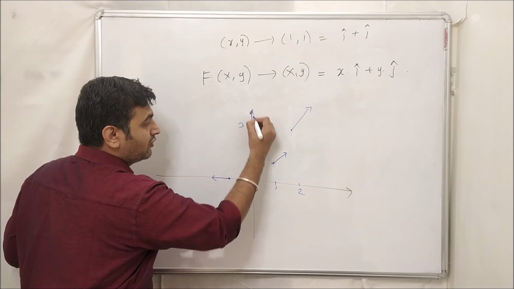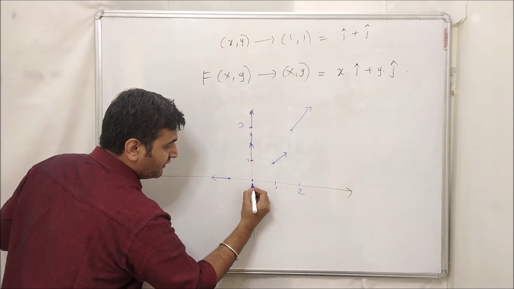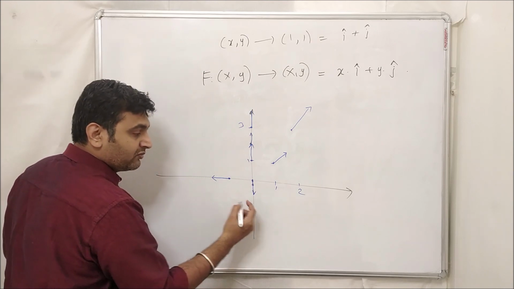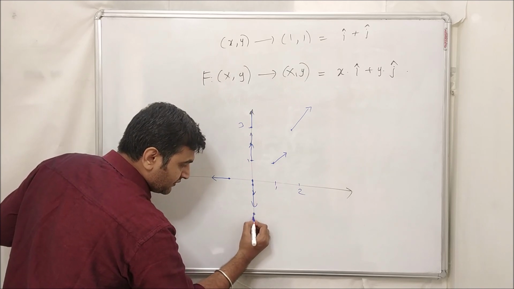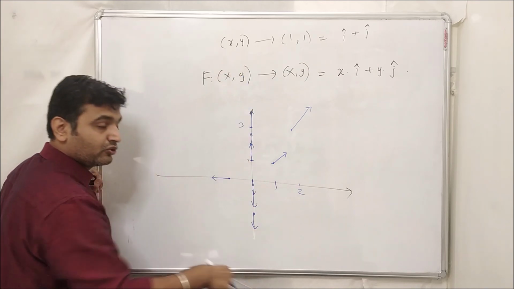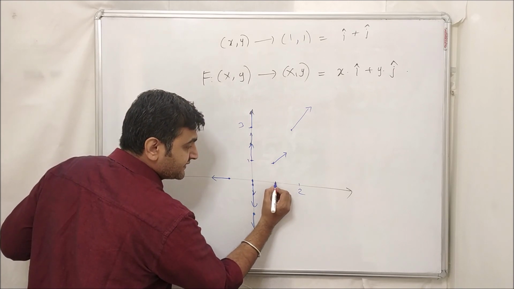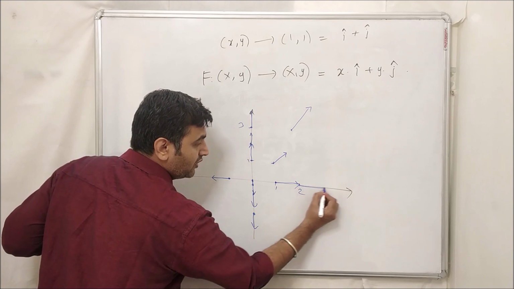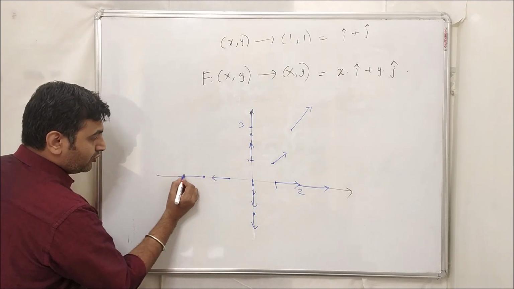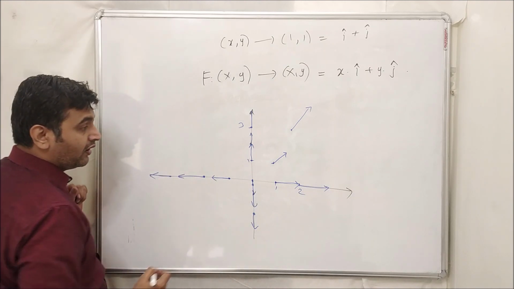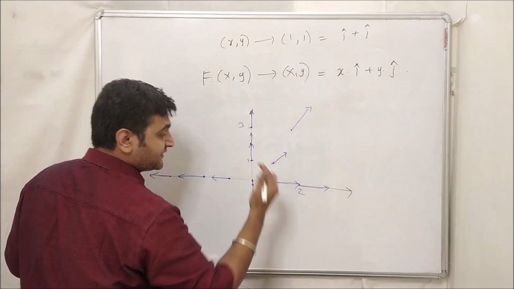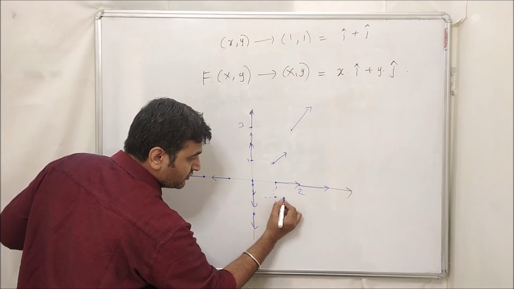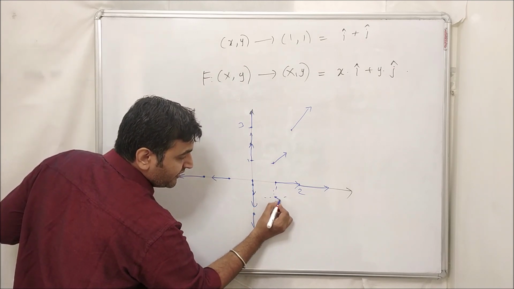So images of points on the y-axis will have the vector there only. If I take 0 comma -1, it will go towards 0 comma -1. So this will go up, this will go down. If you take any point on the x-axis, 1 comma 0 goes to 1 comma 0, so in the direction of 1 comma 0. This over here like this, and here you have the vectors like this. Here you are going on that side. Now if you take this point, say 1 comma -1, where does 1 comma -1 go? You treat this as origin. So 1 comma -1 goes here.